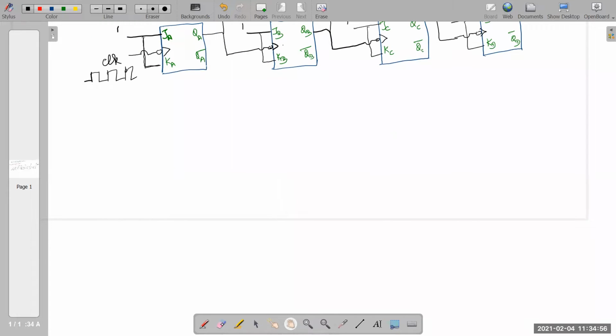So I can make a table with QA, QB, QC, QD. The first value is all 0. And remember, I made a mistake here. The least significant bit should be on the right side, so this is QD, QC, QB, QA. 0, 0, 0, then 0, 0, 1, 2, then 3,